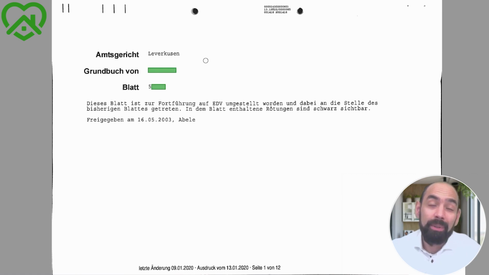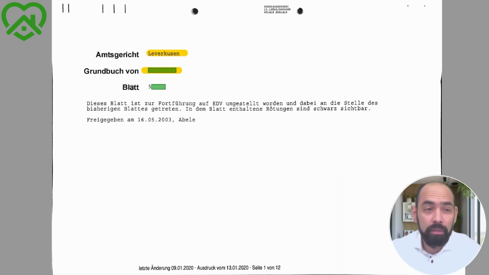Alright, let's have a closer look at the land register. First page is the cover page. You'll have a couple of pieces of information here. You'll have the court, the jurisdiction in which the property falls under. You'll have the part of the city which the